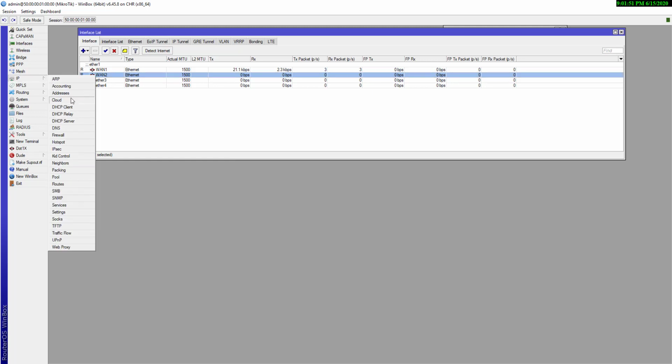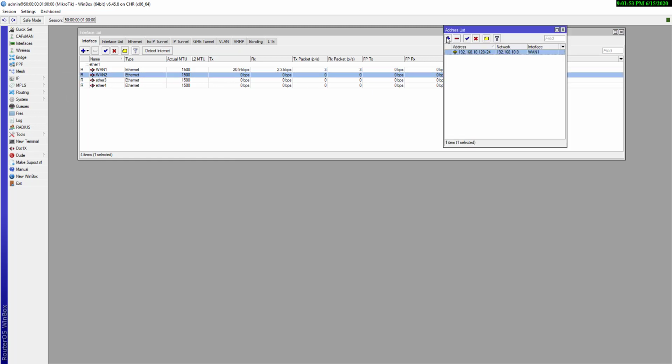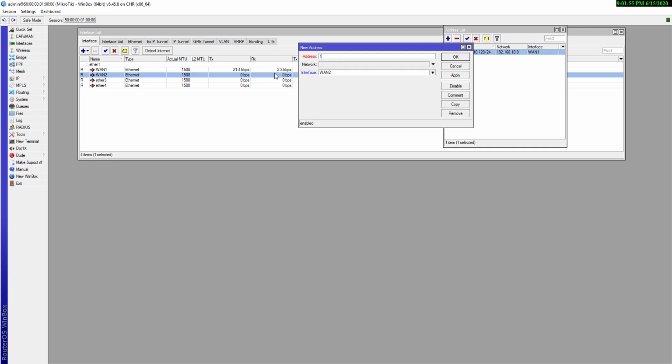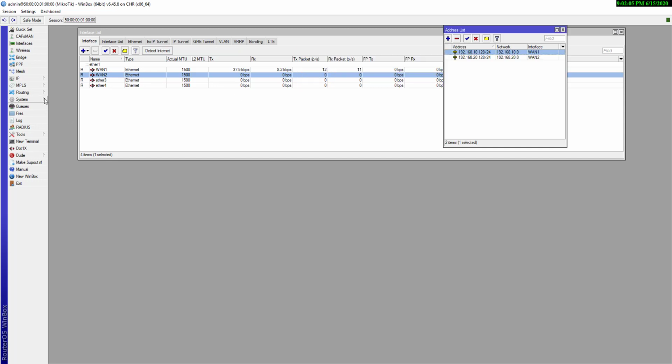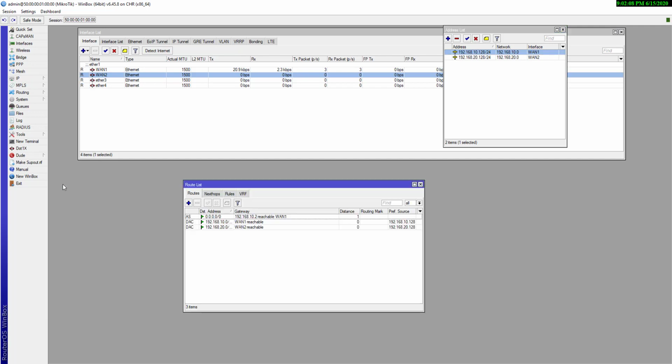Then IP address, add 192.168.20.128/24, select WAN 2, and apply and OK.